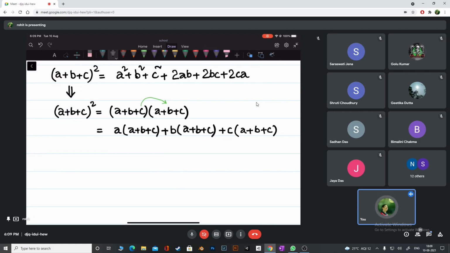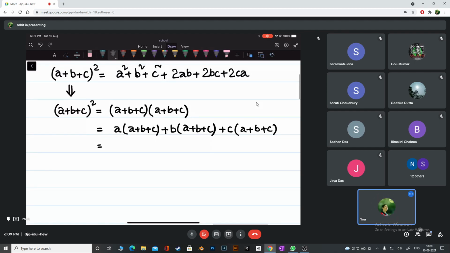Okay, so I've written it like that. So now we are going to open up the brackets and we'll expand everything. Let's check. You are all going to help me. See, what is the meaning of this? Let's try to solve this one first. See, we'll take A multiply with this A, we'll take A multiply with this B, we'll take A multiply with C. That's the meaning of this, right, first one? Yes, sir. Okay. So let's multiply.